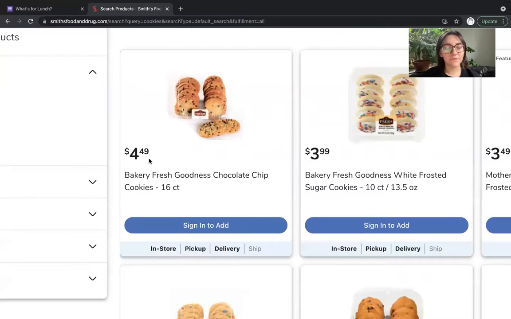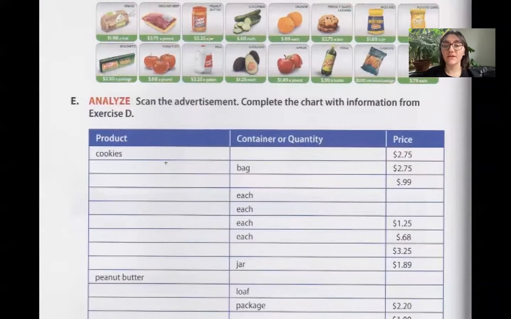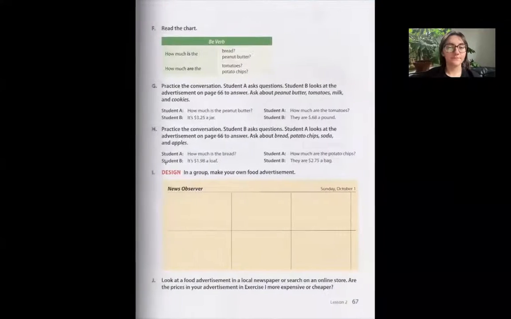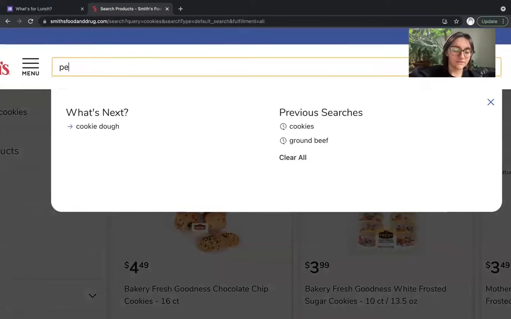Okay, we'll go to these first ones. So for a 16 count of cookies, it's $4.49. So what we're going to do is say these cookies are $4.49 for 16, right? The next thing, let's look up peanut butter and figure out